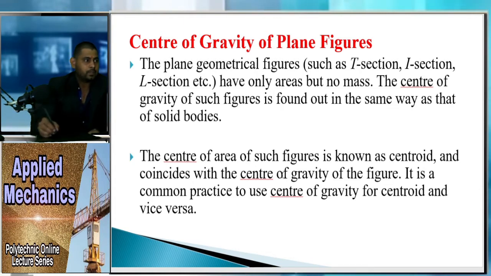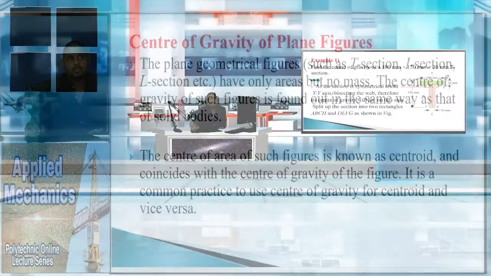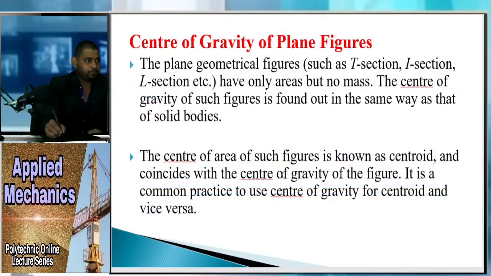In this figure you have been given a T section. You can see here this is the T section, right? And now this section is symmetrical. How symmetrical? Because in the previous lesson we have seen that if the section is an L shape, I shape or T shape, those sections are symmetrical, right? So here we have been given a T section, that's why it is a symmetrical section. Now you can see here, about this axis, the y axis, it can be symmetrical.